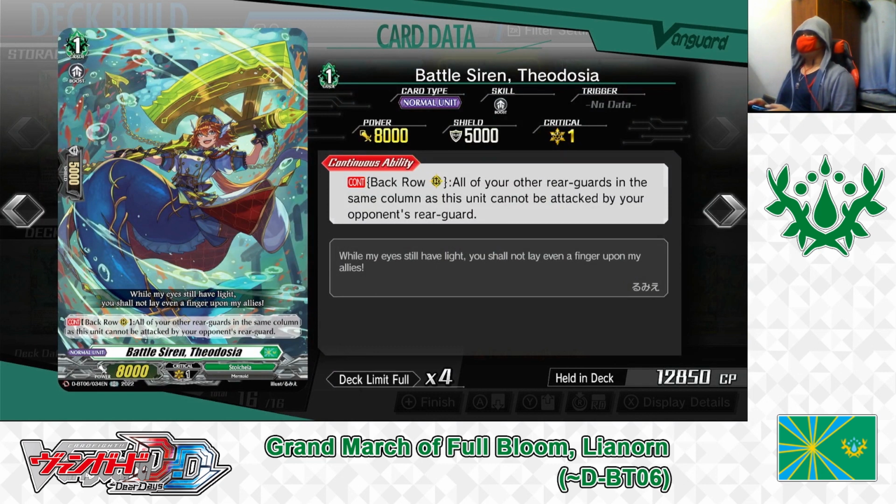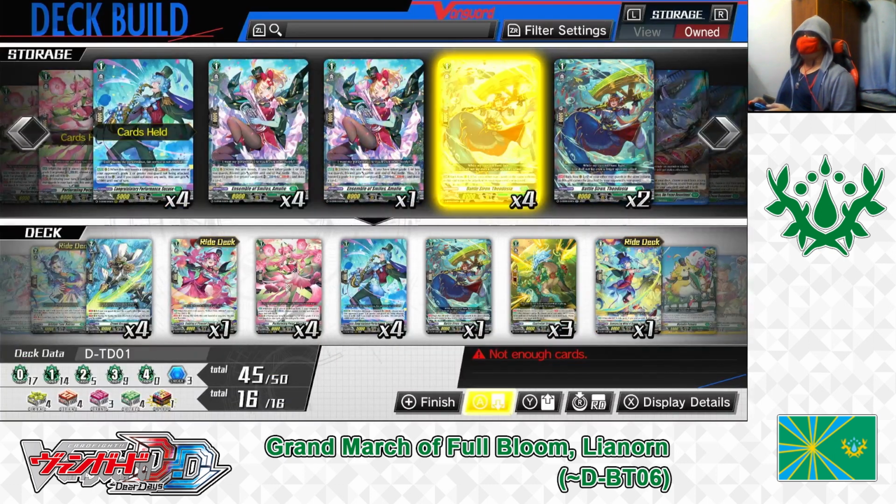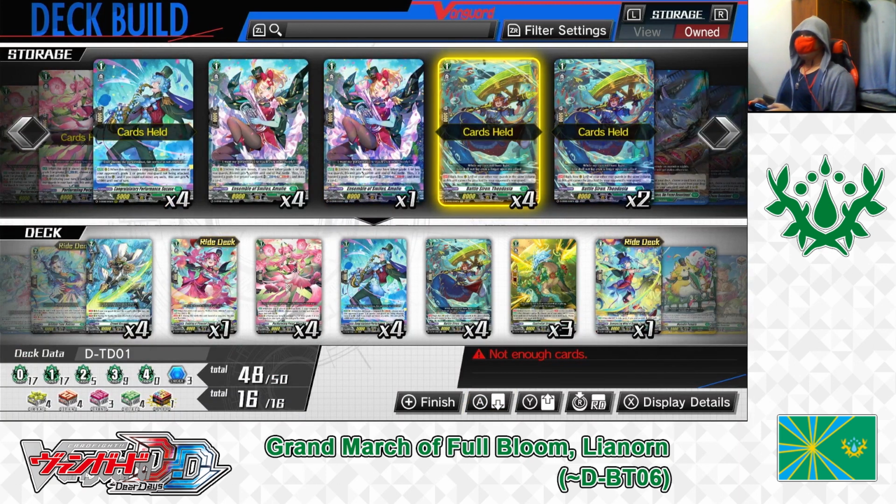Skill, continuous, from the back row rear guard circle. All of your other rear guards in the same column as this unit cannot be attacked by your opponent's rear guard. So for Theodosia, she's a powerful card to play in your Stoicheia decks, especially for Lianorn. For a skill, as long as she's in the back row rear guard circle on either the left or right columns, your front row rear guards in front of her cannot be targeted for attacks, making her more or less a provider for a semi-resistibility against attacking units. So for Theodosia, we're putting 4 into the deck. There we go. And next up,